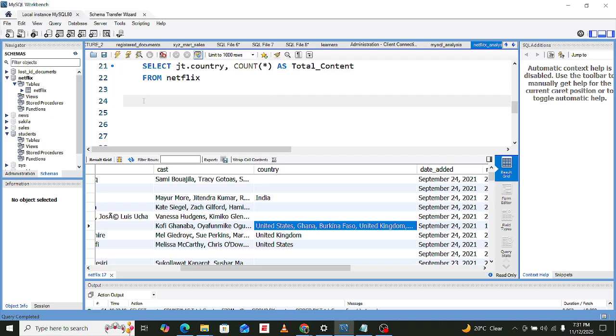It's not that difficult because we use something we call a join here. I'm sure you will learn about joins, and then we have something we call JSON underscore table.